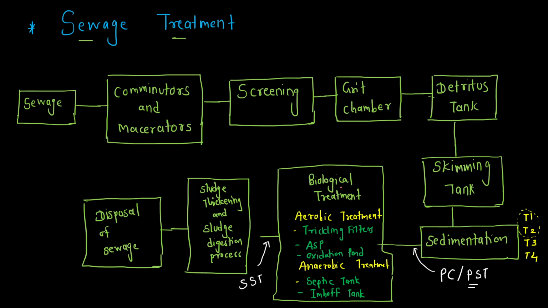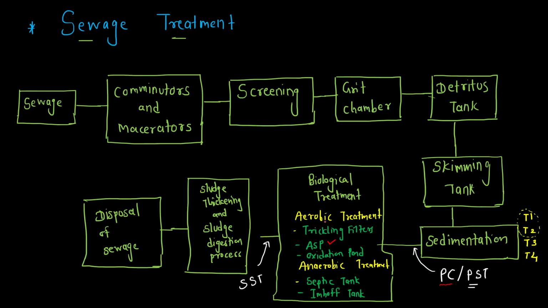So let's start with the next concept. In this video we are going to see about the activated sludge process. Up to now we have covered up to the primary sedimentation tank, or in sewage treatment, the primary clarifier. Once the sewage has passed through the primary clarifier, after the settling process, that is type 3 settling in the primary clarifier, the sewage reaches the next step,